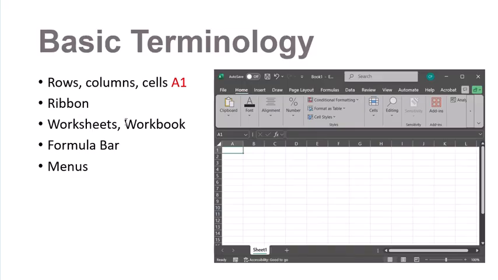Finally, worksheets and workbook. So the workbook is sort of the overall file that you're working on in Excel. That's what gets saved when you save your work when you're done. And then worksheets are within the workbook, and those are these little tabs at the bottom. So you'll see in my screenshot here, it says Sheet1. There's a little plus sign next to that so you can add different sheets. So if you're working with a lot of different data sets, you might have multiple different sheets or worksheets within